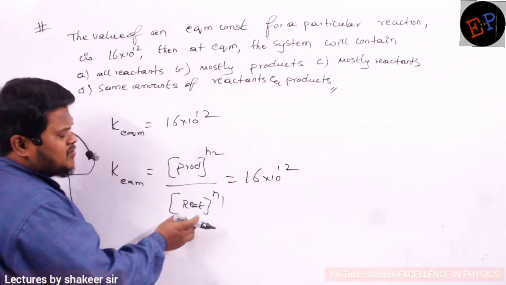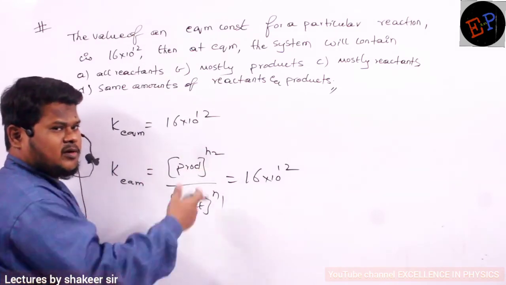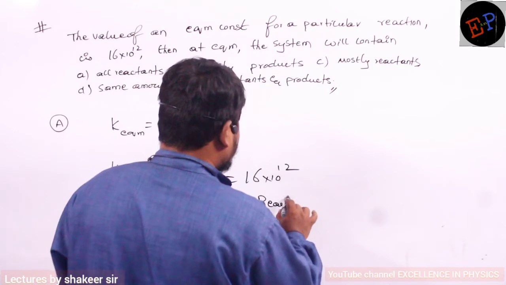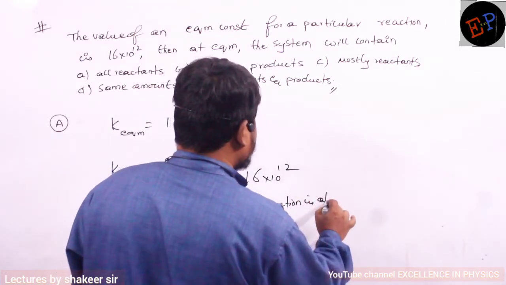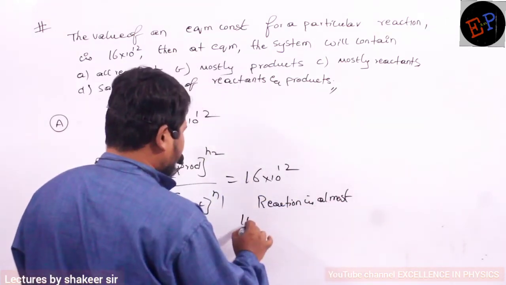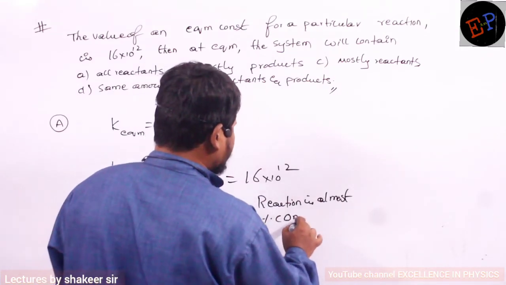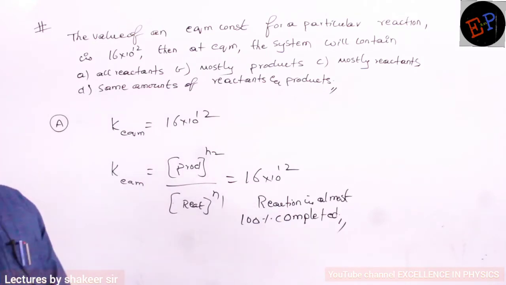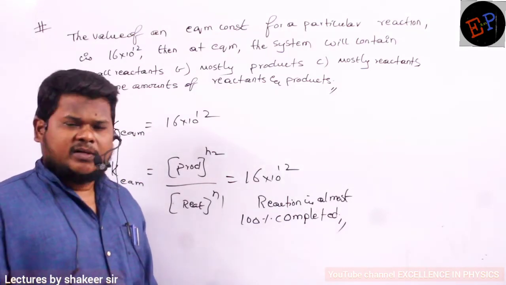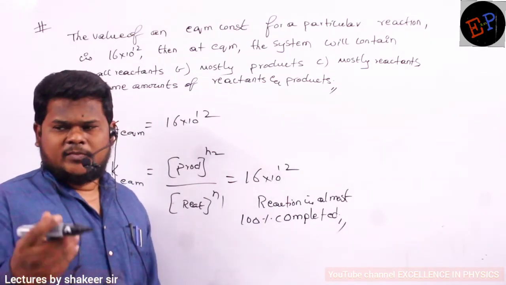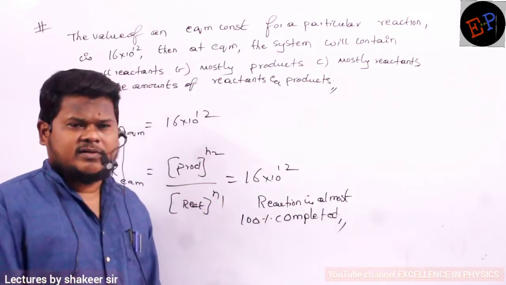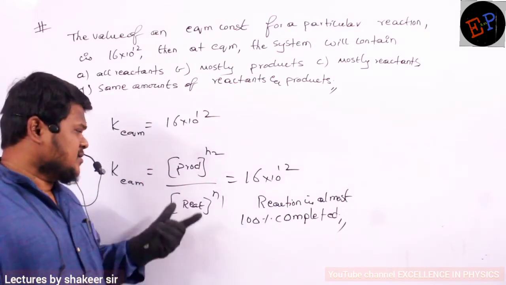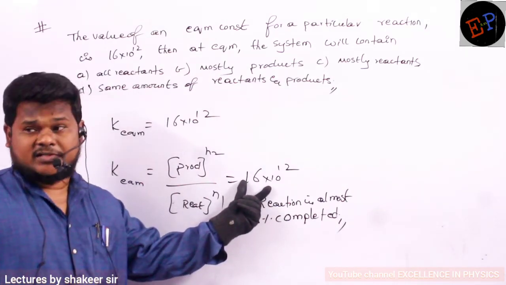It means when compared to the reactants, products should be very large in number. It means the reaction is almost 100% completed. That is the meaning of this. You cannot say the reaction is 100% completed, it is almost 100% completed, because the reversible process will also be there. Products will again form the reactants also. But you can say the process is almost complete because if this value is very large, then